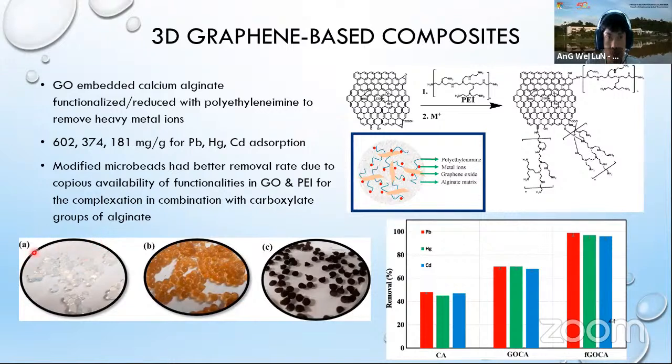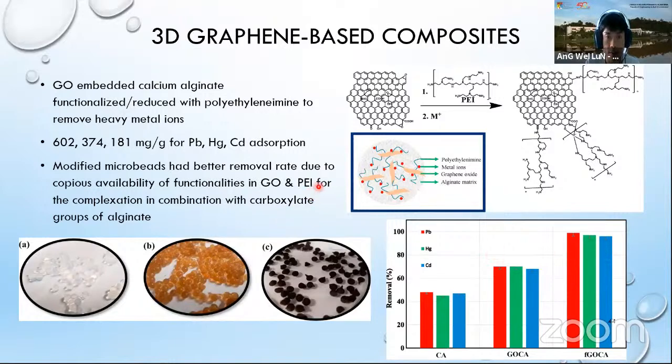So this is the pure alginate microbead, and this is the alginate with polyethylene imine, and this is with polyethylene imine and graphene oxide. When they use it for the heavy metal adsorption, you notice that you have a very obvious improvement in the adsorption removal capacity. The modified microbeads have a better removal rate due to the copious availability of functionalities in the graphene oxide